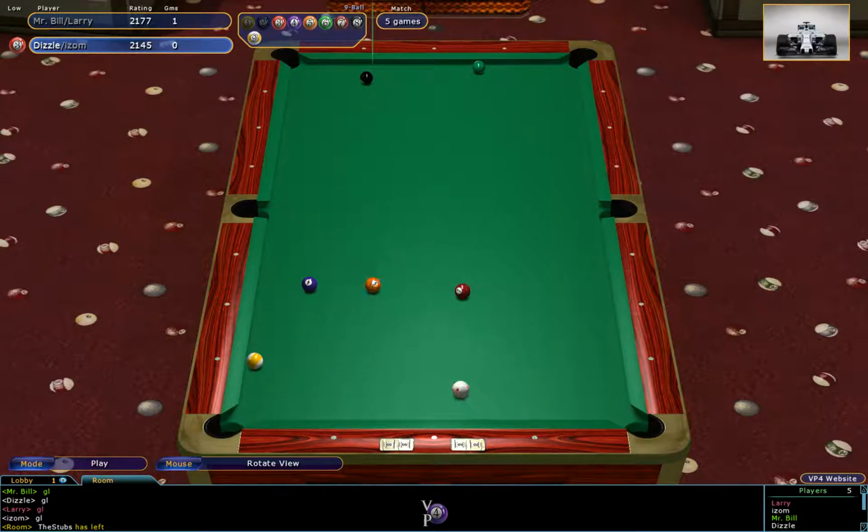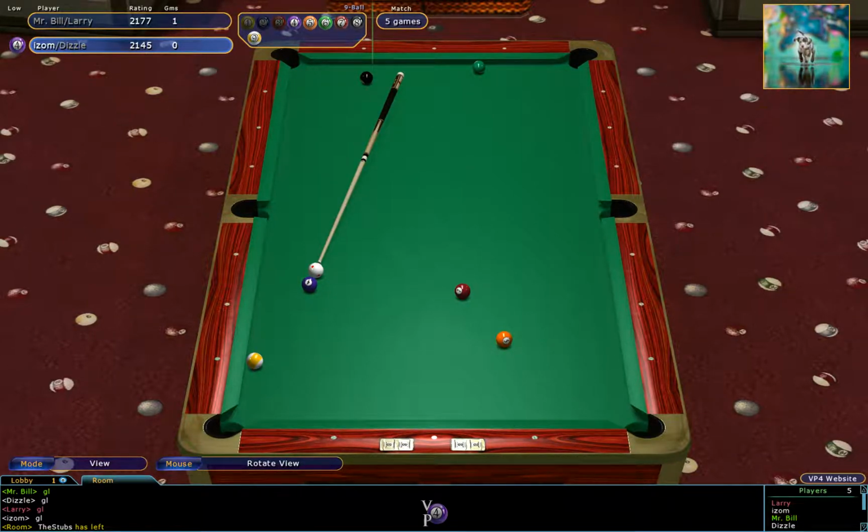Oh, there's a bit of luck for Dizzle. Played the kick and got lucky. I think he's got even luckier. I think he's perfectly on the 4 here for Izom. Just needs to drop this 4 ball in. Yeah, perfect, they say in the chat. But